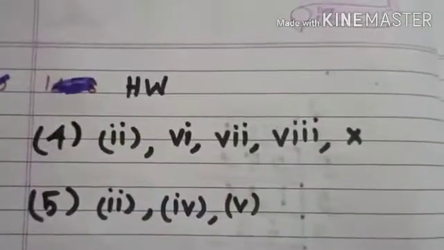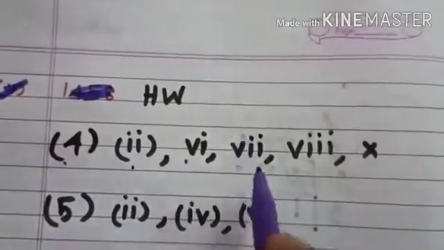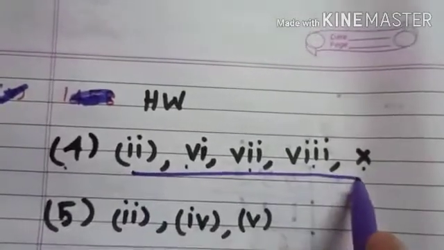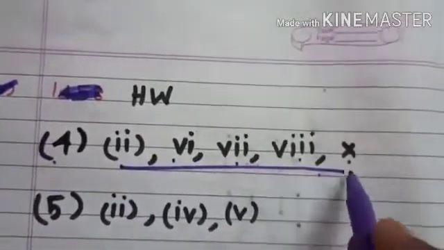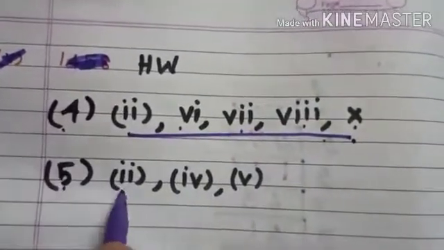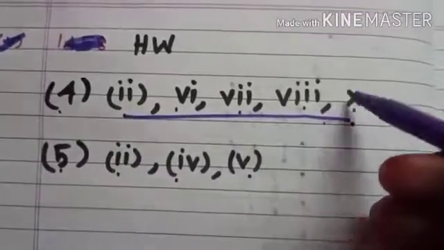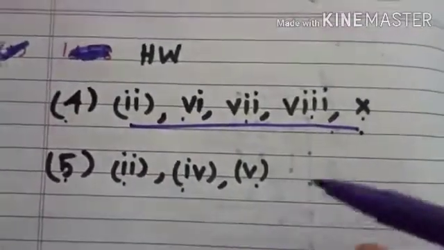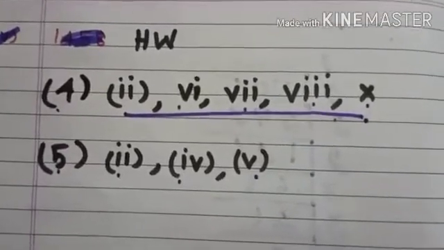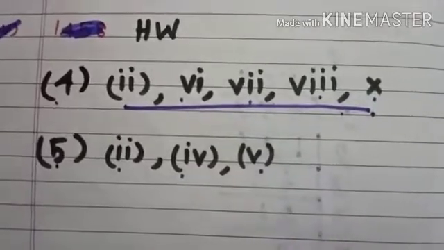Okay dears, the remaining sums from the 4th main, that is the 2nd question, 6th question, 7th question, 8th question, and 10th question, I will do this 5. Remaining 5 questions you do as homework in your homework book as usual. In the 5th main, do the 2nd question, 4th question, and 5th question. Today there is no worksheet. You need to complete this homework in your homework book. Watch the video once or twice, and you must complete this homework today itself. Thank you so much.